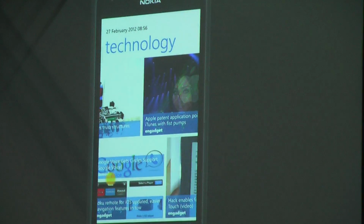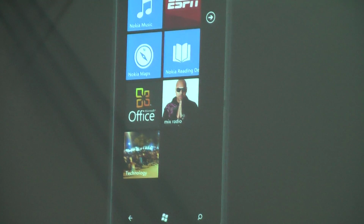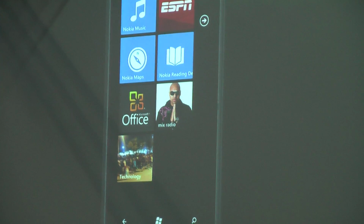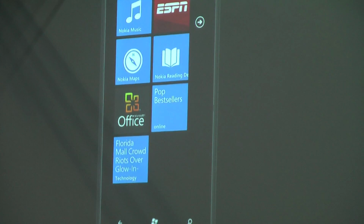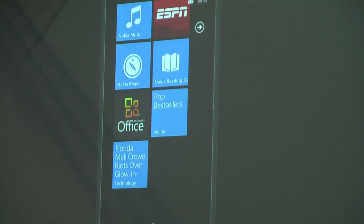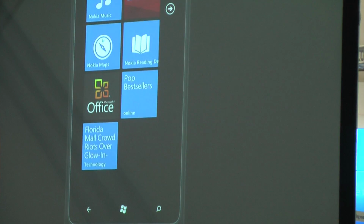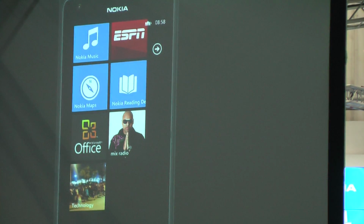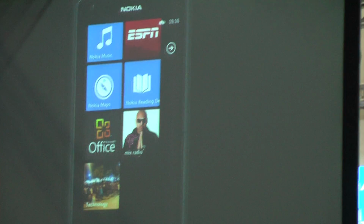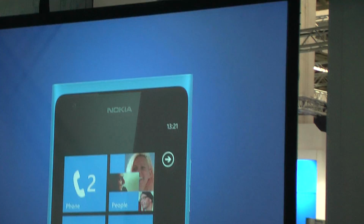And when you pin your NewsStream magazine to the start screen, the content dynamically updates so you see breaking stories right on the live tile. Nokia Reading is another great way to get the most out of your Lumia smartphone without fee or registration, available to download for free and only on Nokia. And of course, the Nokia Lumia 900 has the same great camera with exclusive Carl Zeiss optics. But the Lumia 900 is unique